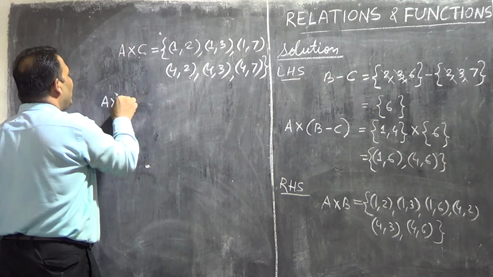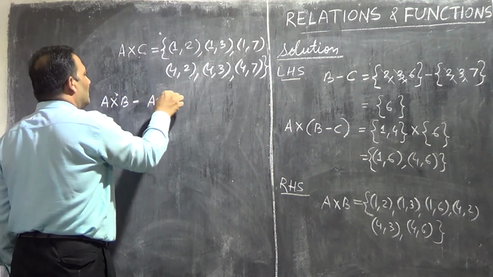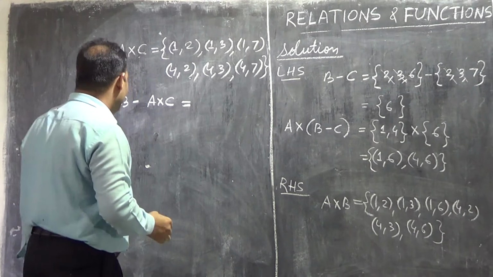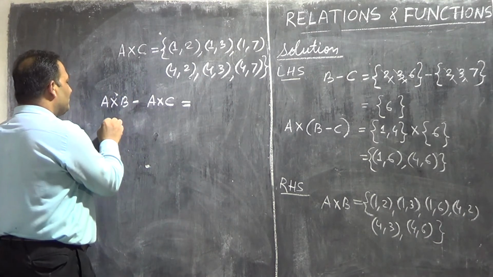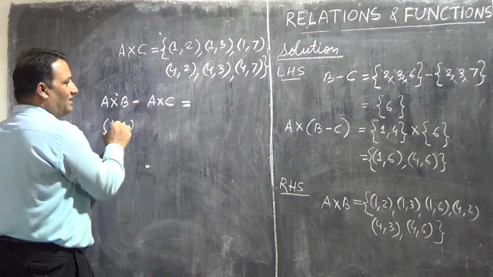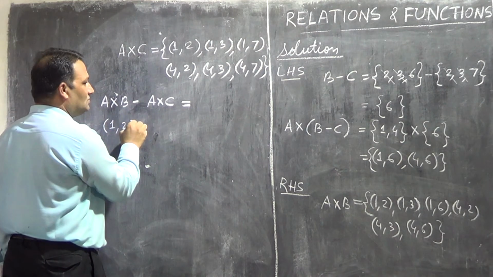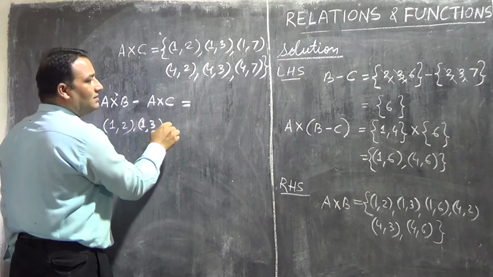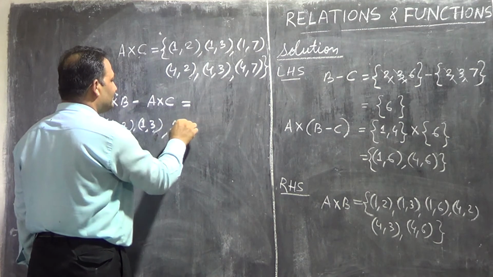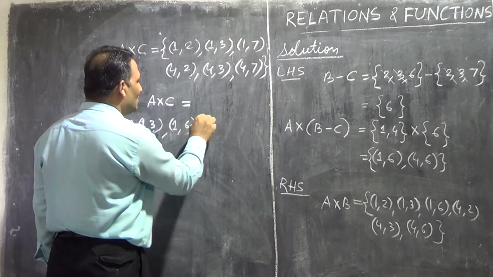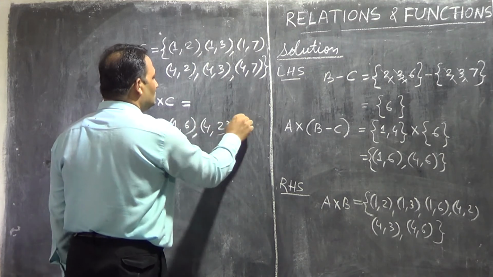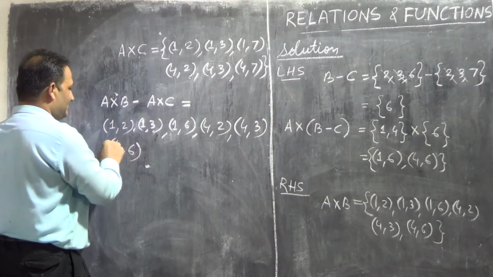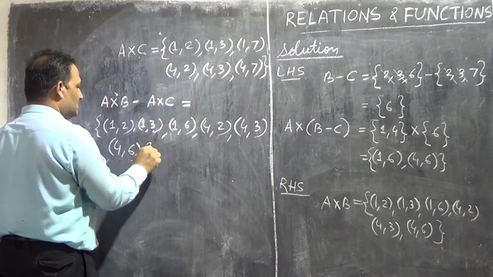A cross B minus A cross C. Because we got the results of A cross B and A cross C, now we will subtract. A cross B is (1,2), (1,3), (1,6), then (4,2), (4,3), (4,6), minus